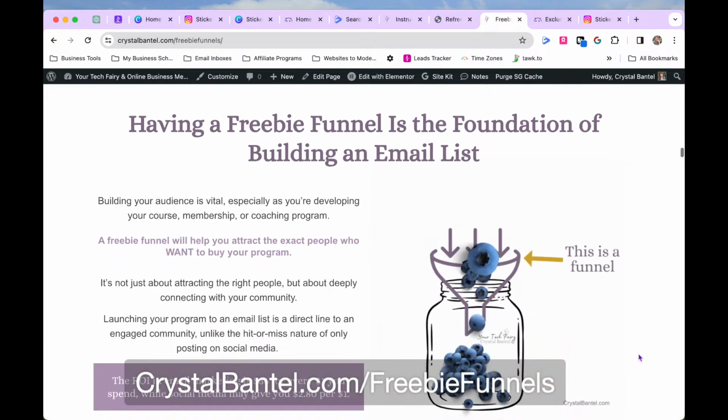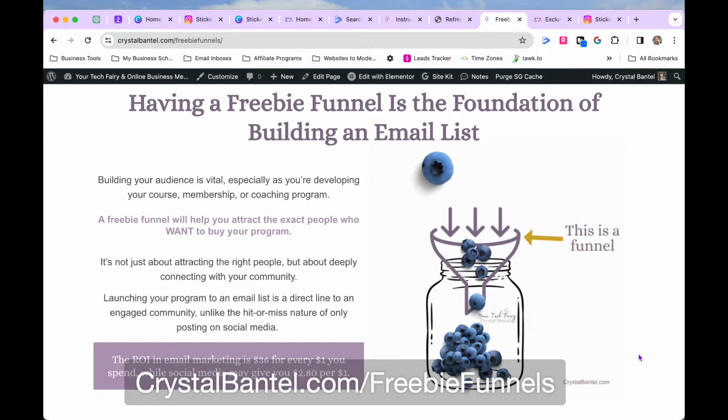So having a freebie funnel is the foundation of building an email list. Building your audience is vital, especially as you're developing your course or your program, or whatever your offer is. A freebie funnel will help you to attract the exact people who want to buy your program. And the reason is because you have a freebie that is an exact spot-on solution for exactly what your person is looking for in that moment,